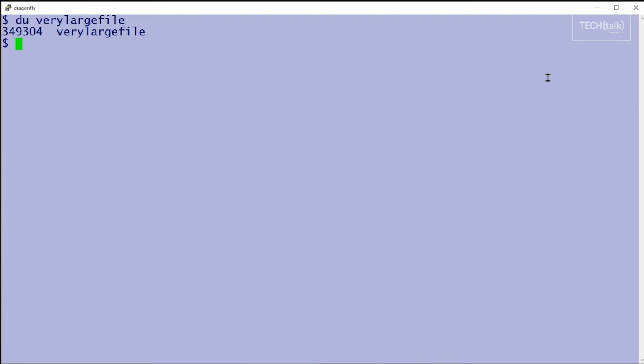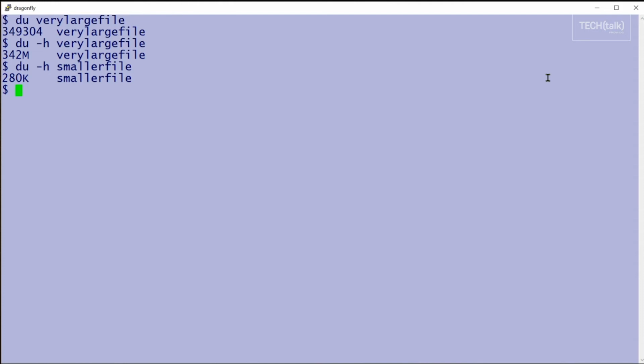If you want to use a more human-friendly format, you can add the -H option, and it will adjust the reported file size according to the size. So here, that file is 342 megabytes, and it's a little easier for most of us to understand, where if we look at a smaller file, you can see it reports that in kilobytes.